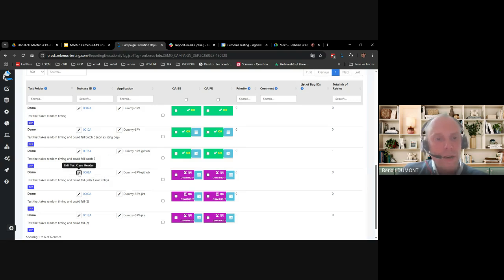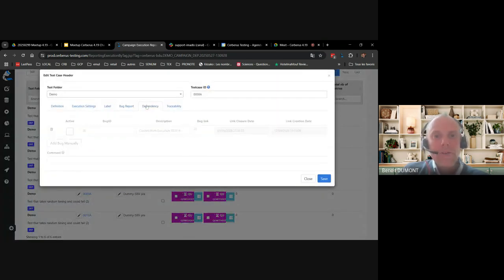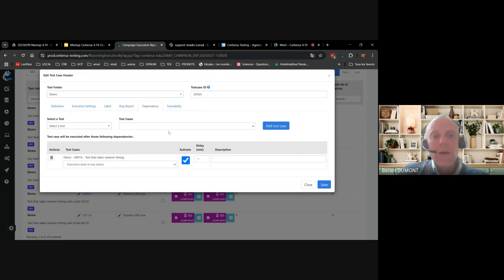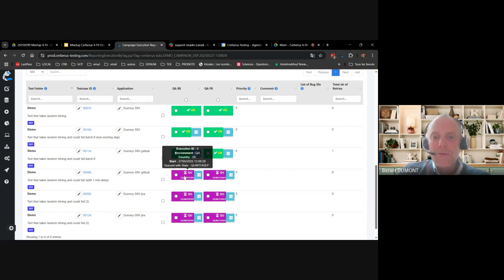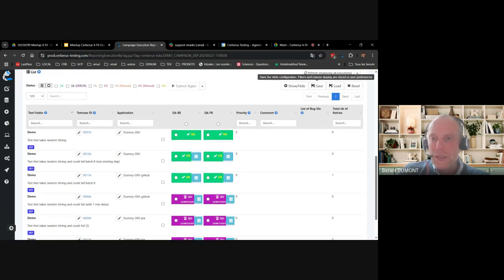So if we see how it's configured, so here again, it's on the dependency tab. So we see here that that dependency against the test 7 has been put 1 minute delay. And it's because of that minute that the execution has not been submitted.